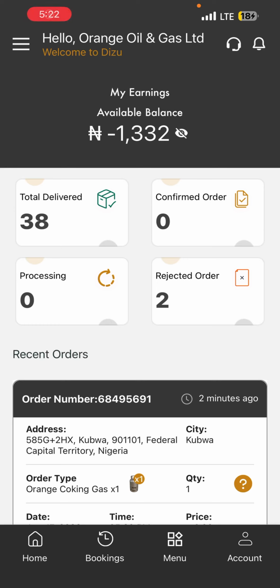Here's how to receive, process, and deliver a new order. As you can see, this is the vendor app, and on the home page, on the home screen, you can